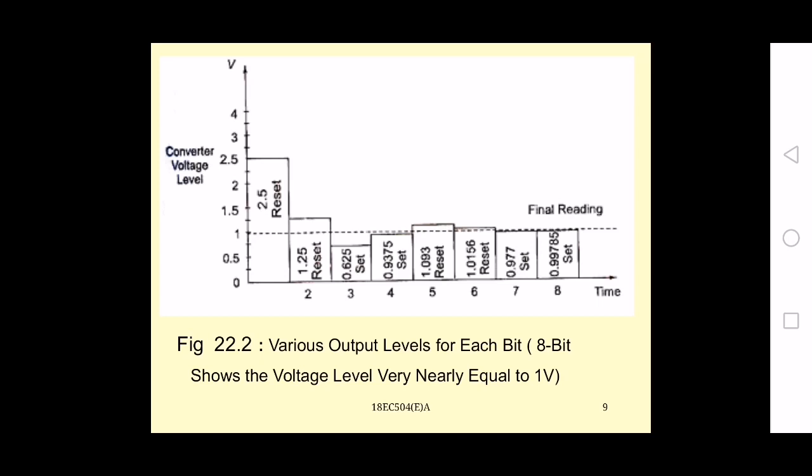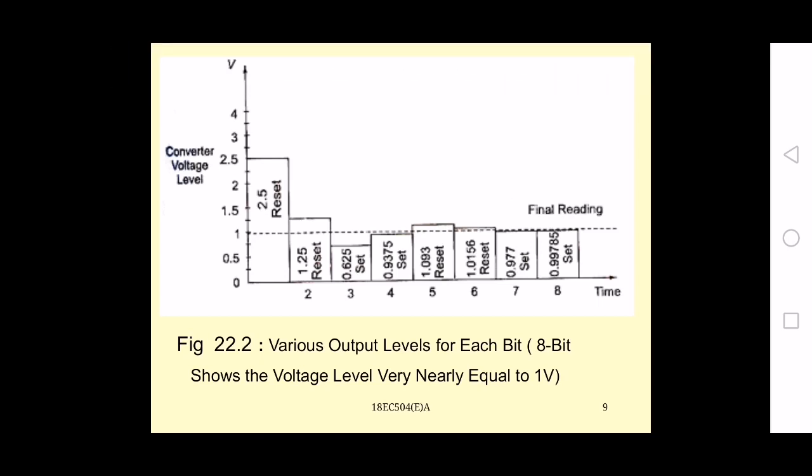Next we are going for the next bit. So D7, D6, D5, D4, D3 will be reset. Again we are going for D2. Again the voltage is greater than 1, so we are resetting that one. Next we are going for